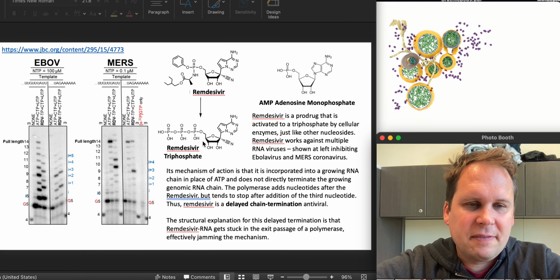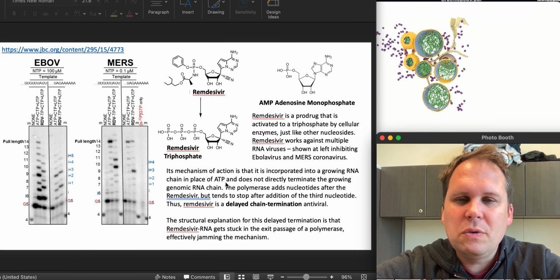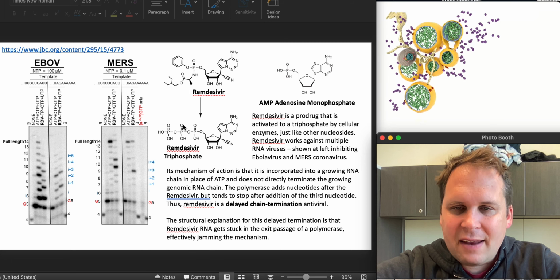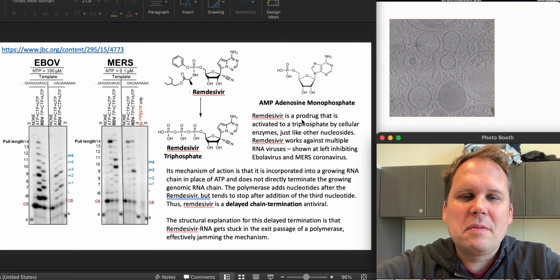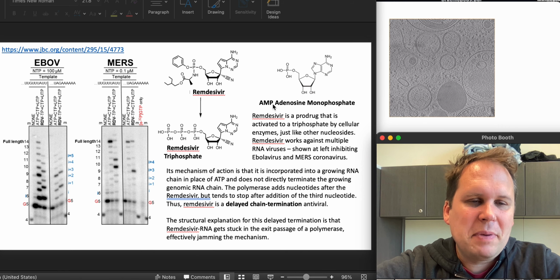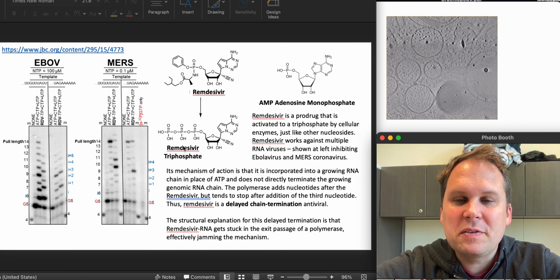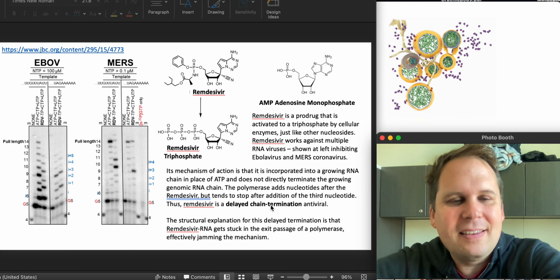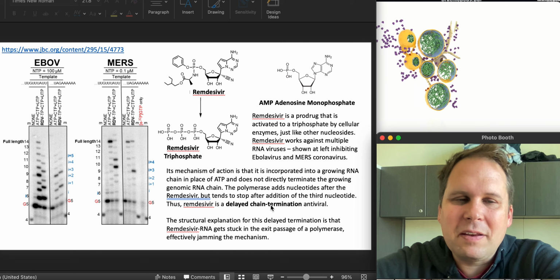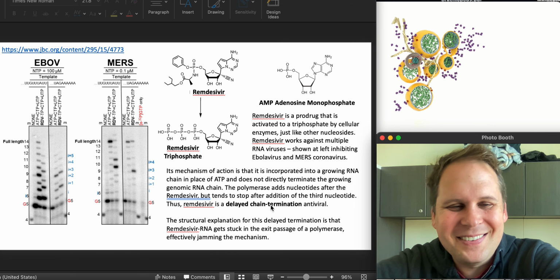The cell is going to activate it just like it would activate any nucleoside that it has, and it's going to add phosphates onto it. And so instead of going from AMP to ATP, it's going to go from remdesivir to remdesivir triphosphate. Yeah, why not? And it's the neatest thing. It's not a chain terminator, but it's a 3-step chain terminator.